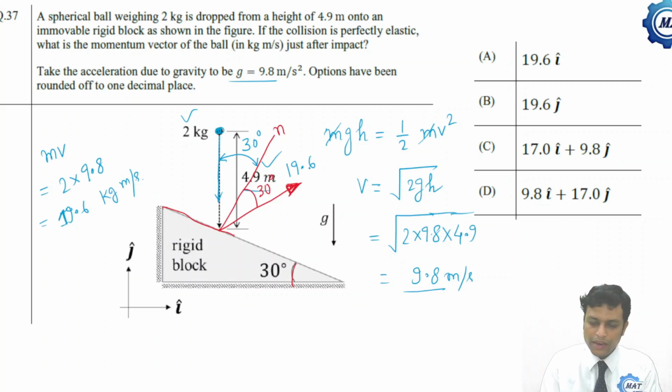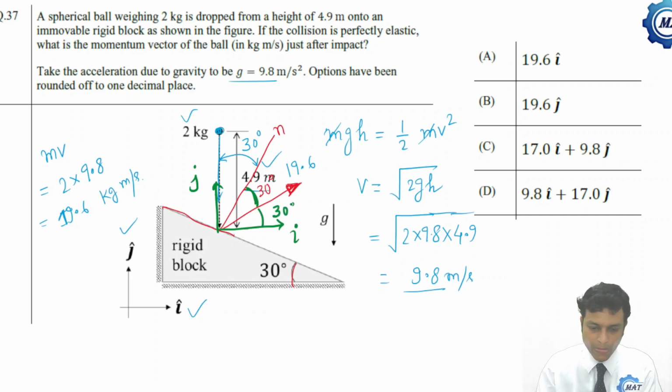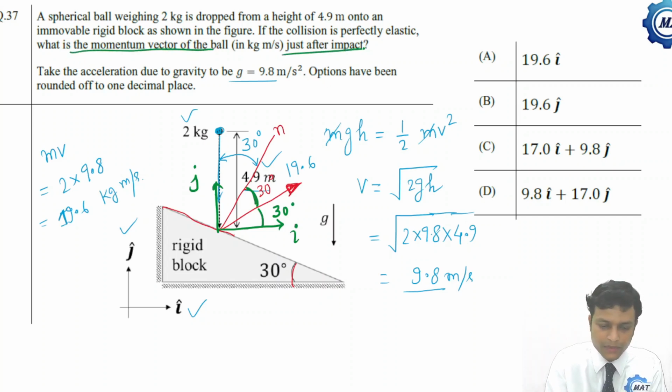Now if I break it into i and j direction, what is i? i is along x, j is along y. So this is i and this is j. So if this angle is 30 degree and this is 30, then this is also 30 degree. So the final momentum, what has been asked, what is the momentum vector of the ball just after impact? So that momentum will be what? That is, momentum after impact